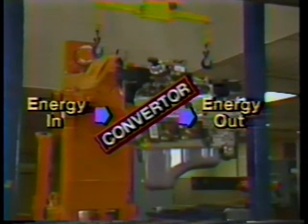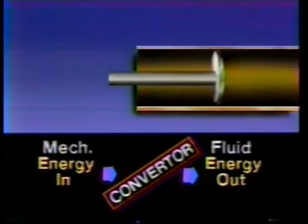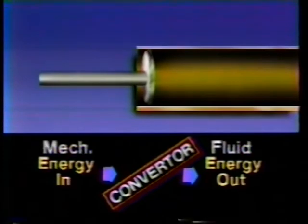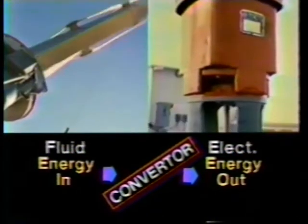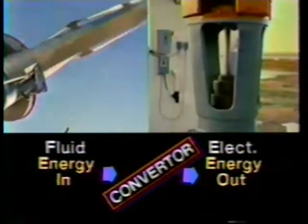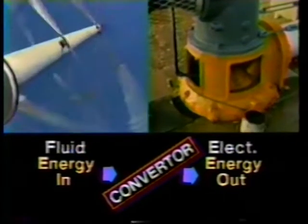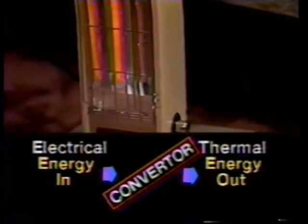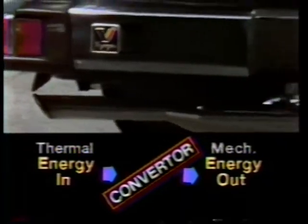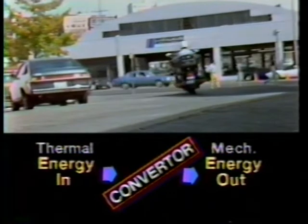So, for example, a mechanical energy converter, like a piston pump, takes mechanical energy and converts it into fluid energy. A fluid energy converter, like a windmill, converts the fluid energy of the wind into mechanical, then electrical energy. An electric heater is an electrical converter because it converts electrical energy into thermal energy. And a thermal converter, like an internal combustion engine, converts thermal energy of burning fuel into the mechanical energy of